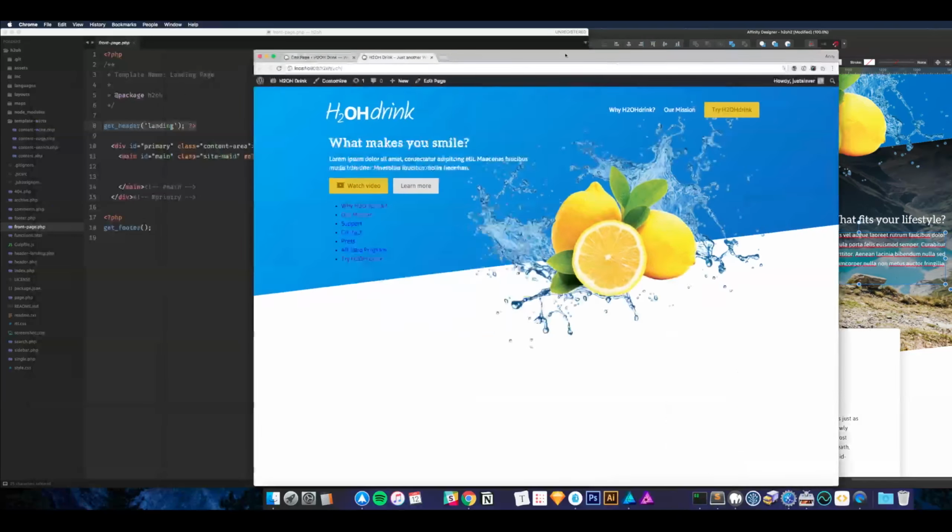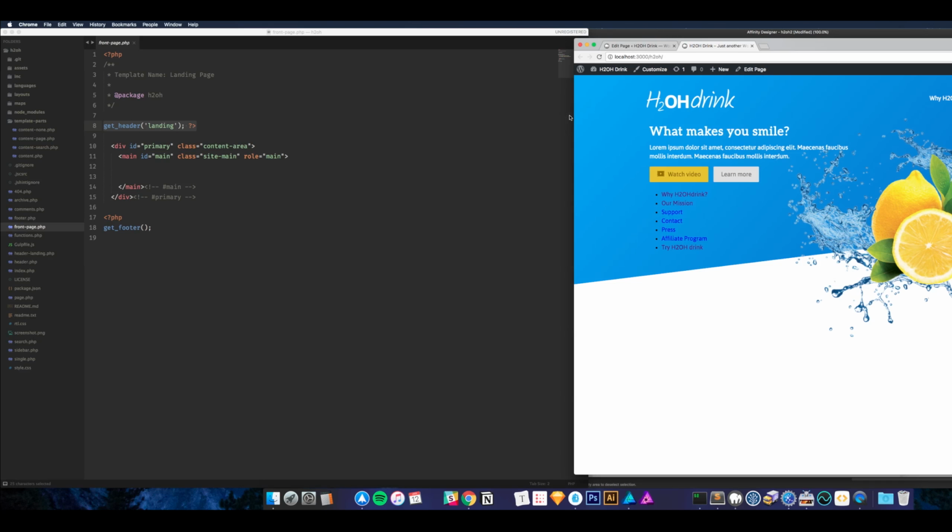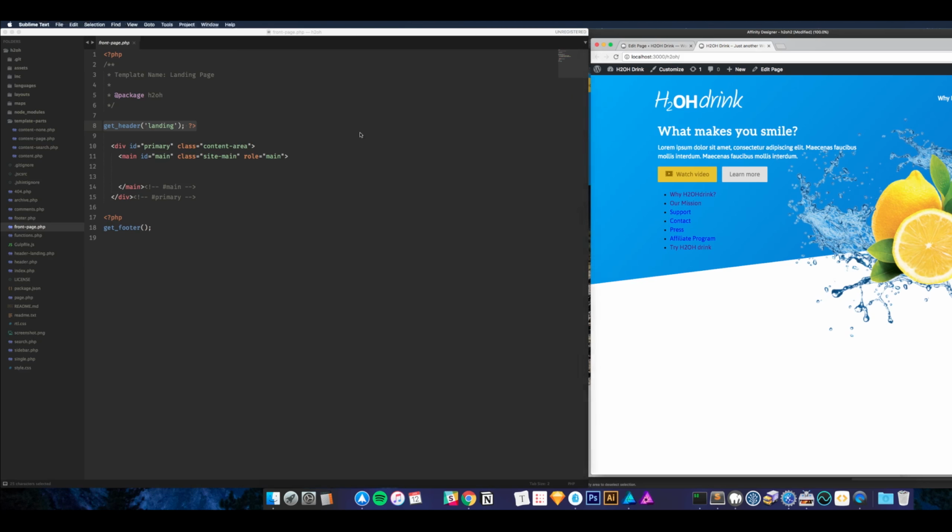So to get things transcending down the page, what I like to do anyway is to add a module of PHP code, or HTML in this case, that just pulls in pieces as we need them. So for that we'll use a get template path,